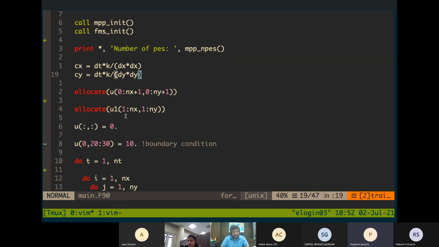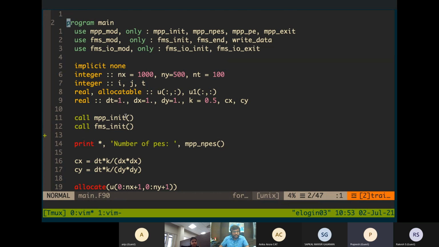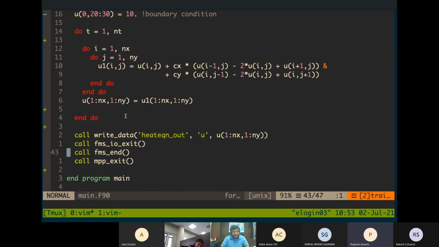So after doing that, here I'm using another subroutine, which is again part of FMS. I imported it from FMS mode. You can see here, write data. The write data takes 3 arguments.